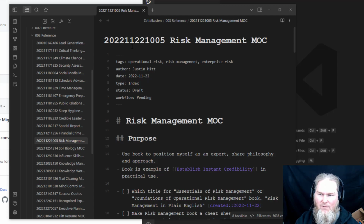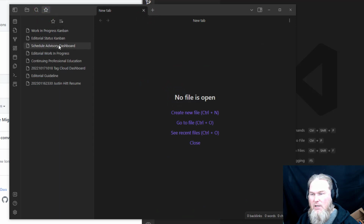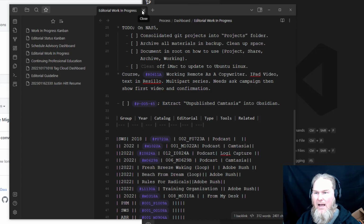Now, again, in a more advanced session, we can talk about why every document has a serial number, and why every document has what's called front matter, what some of the front matter means, such as the status and workflow. And we can go into a little bit more detail about these dashboards. And I'm just going to give you a glance at these. Don't get too excited. They aren't necessarily required because, again, how you track your work depends on how you set up your projects. But if I want to see all of my articles in process, so I own several newsletters, several blogs, and I want to know the state of my documents in process right now, I can actually pull up